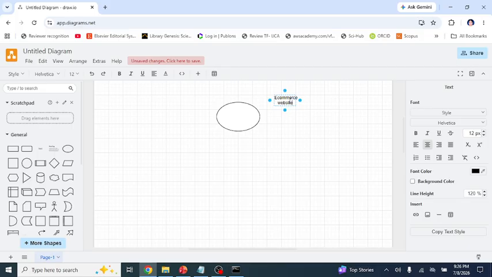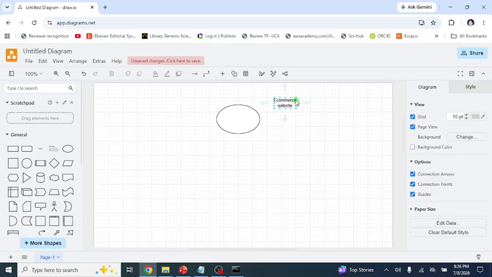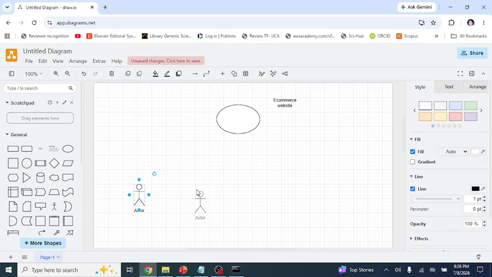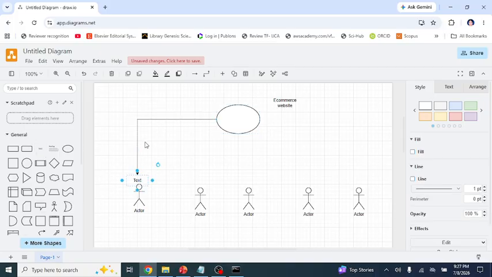To implement this project, 5 developers are allocated: developer 1, developer 2, developer 3, developer 4 and developer 5. Developer 1 is allocated to design the login page,